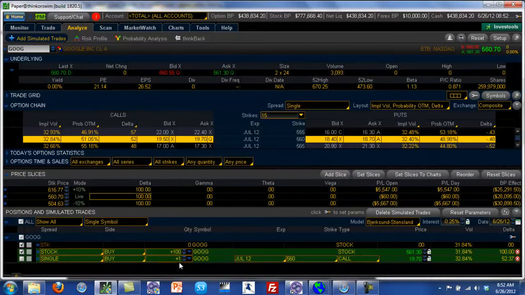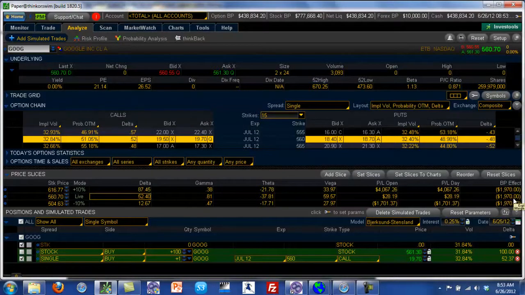So for one contract, which is equivalent to 100 shares, what we would do is multiply 19.7 by 100, which means that's $1,970. So to buy one contract or to control 100 shares of Google in the options market, you would need to buy one contract, and whatever the price is for that option, you would pay that amount. So now I'm going to uncheck the stock and check the options. So that's exactly what you see. If you look at the buying power effect now,